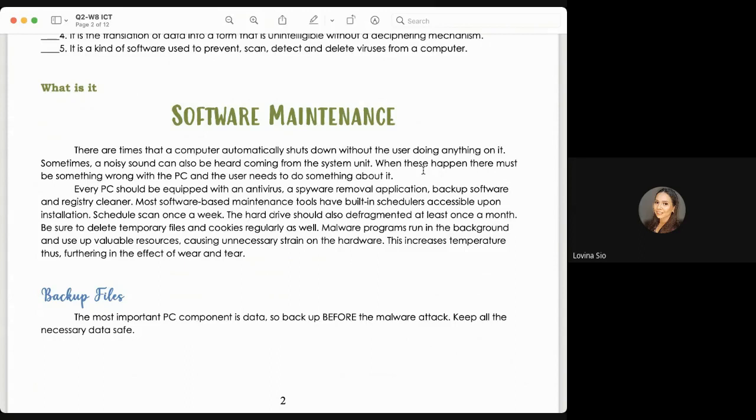Every PC should be equipped with antivirus. Last time we discussed that: a spyware removal application, backup software, and the registry cleaner. So these are the topics that we will discuss. Most software-based maintenance tools have a built-in scheduler accessible upon installation. Schedule can scan once a week. The hard drive should also be defragmented at least once a month. Be sure to delete temporary files and cookies. Cookies, we get from the internet